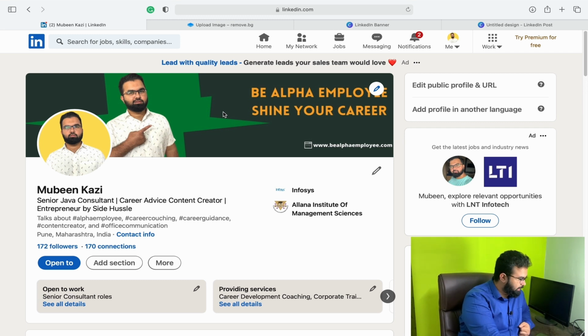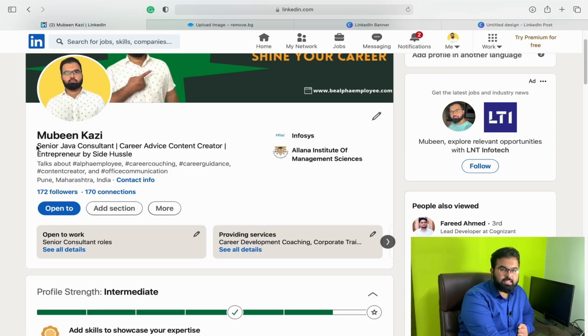Now let's come to the third part. The third part is having a clear statement here. Most of the common mistakes that I found here is people writing just software engineer. Software engineer is a very broad term. You need to understand that software engineer is an umbrella. There are a lot of small things here. You can be a Java developer, a DevOps engineer, or a Java architect. You have to be very specific, because this is a keyword.